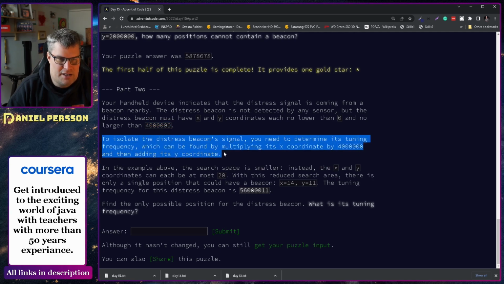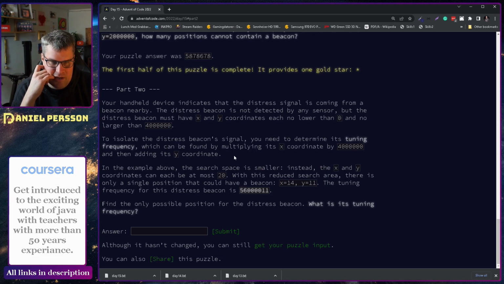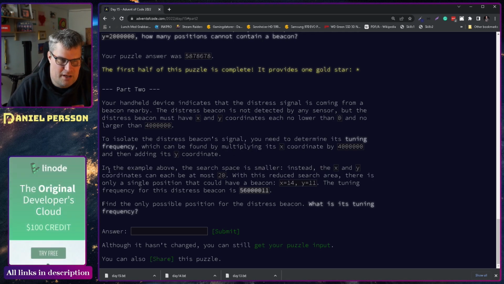To isolate the distress signal, you need to determine its tuning frequency, which can be found by multiplying the X coordinate by 4 million and adding the Y coordinate. In this example above, the search space is smaller. Instead, the X and Y coordinates can each be at most 20. With this reduced search area, there is only a single position that could have a beacon,